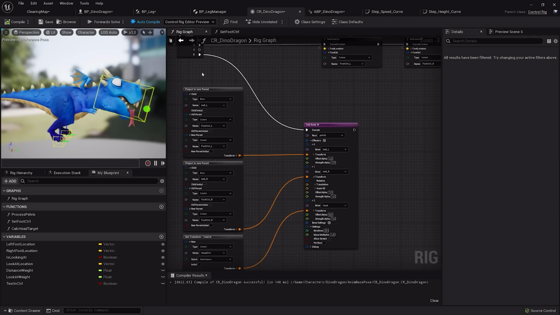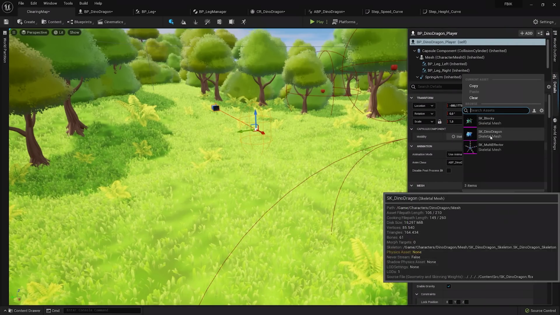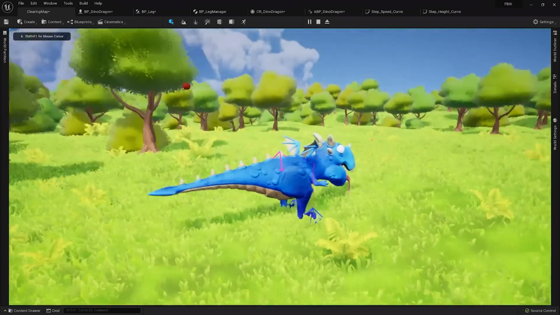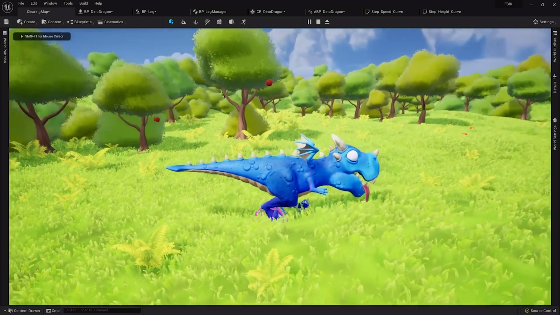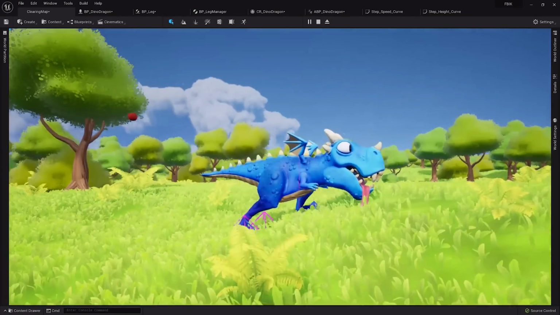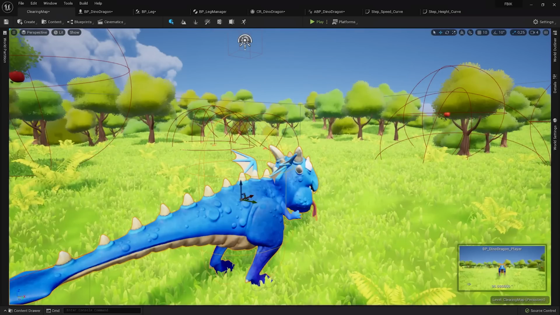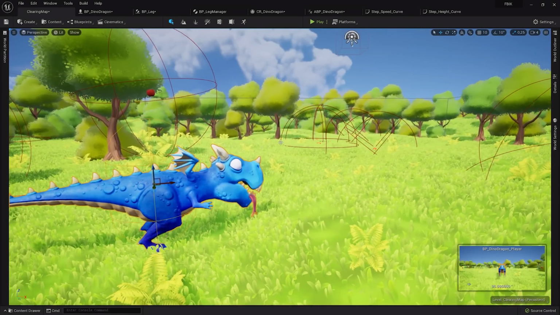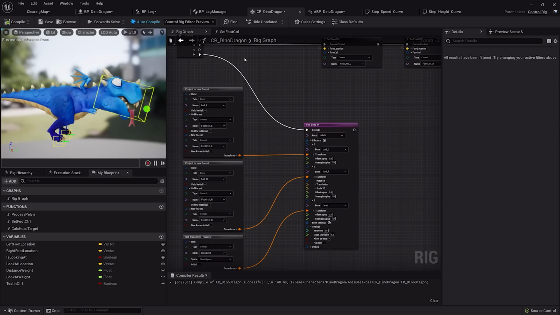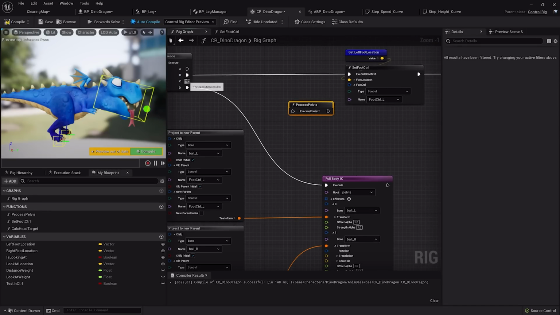So let's take a look at how this looks with the character. So first, let's add a character to our mesh here. And now let's see how this looks. So this is pretty convincing already without us doing anything additional, but we see two problems here. First, his chin is really easily sticking into the ground, and our verlet for the pelvis is gone. So let's fix that. In the control rig, I made a new function that's called process pelvis.